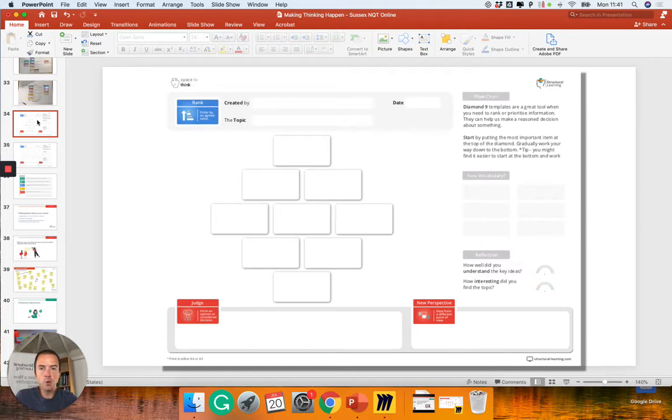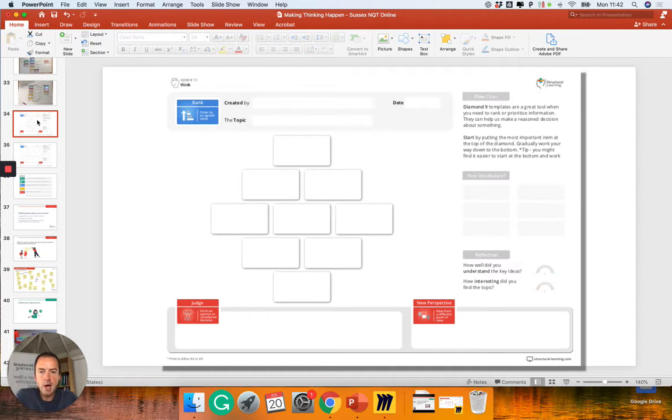And what I'm doing with this is I'm trying to guide children's thinking. As well as using the Diamond 9 to rank a particular topic by an agreed value, so let's say I'm ranking global warming causes by significance, and you can see I could quickly start populating this Diamond 9: car exhaust fumes, air travel, etc. But what I've added to this one, and you're free to adapt it and do what